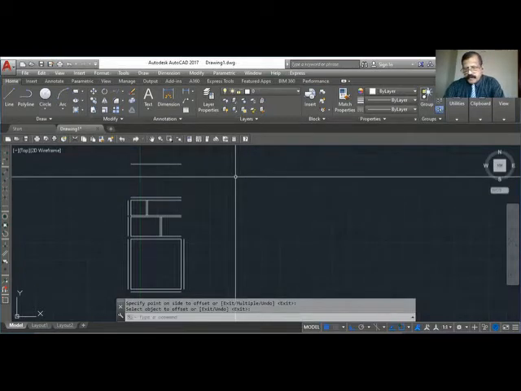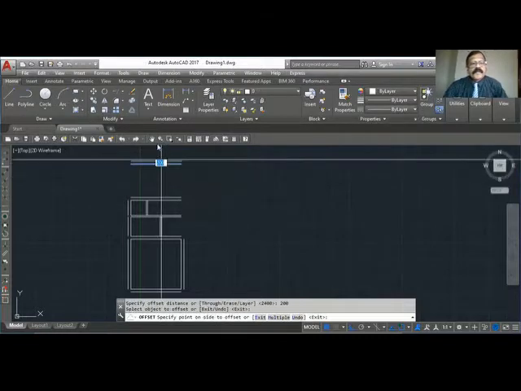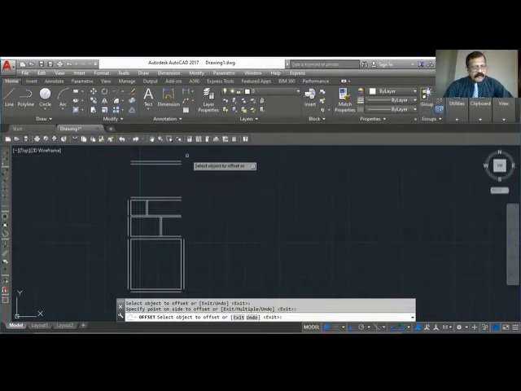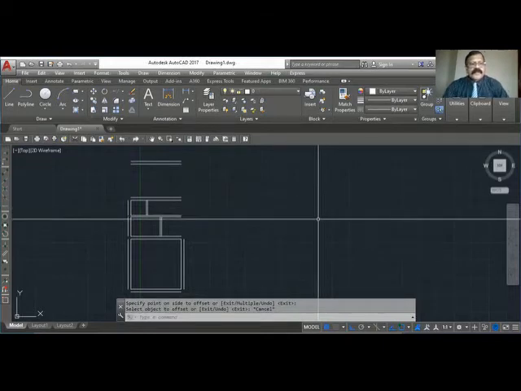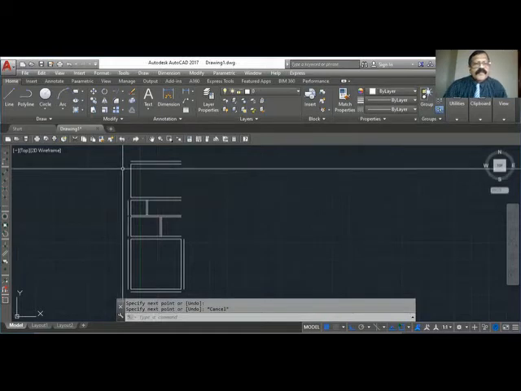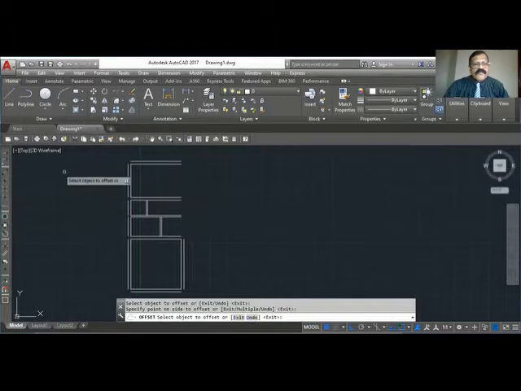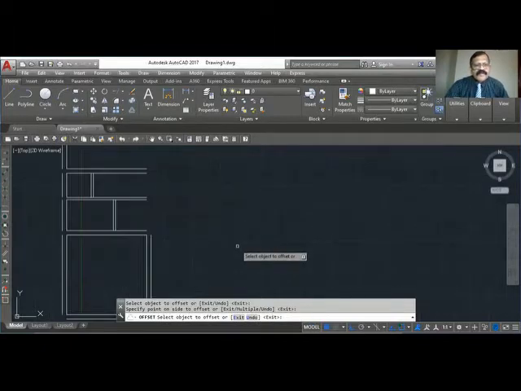Again offset 200. Line, endpoint, offset 200. You have to use offset and other commands, and then draw it.